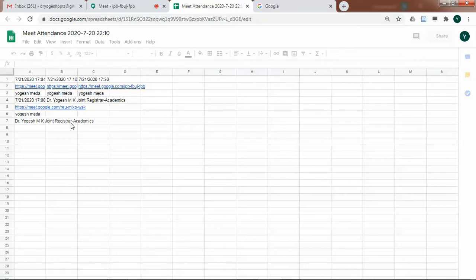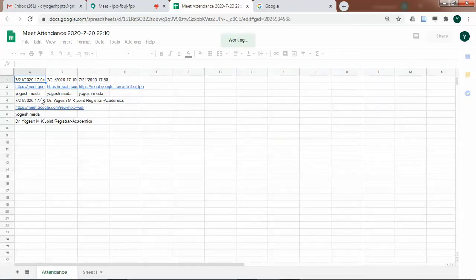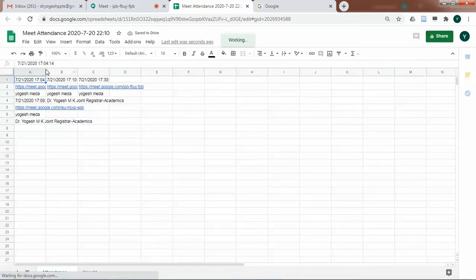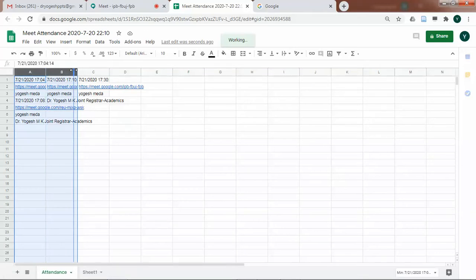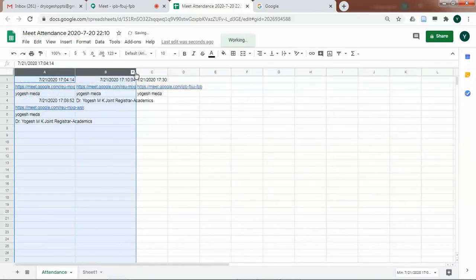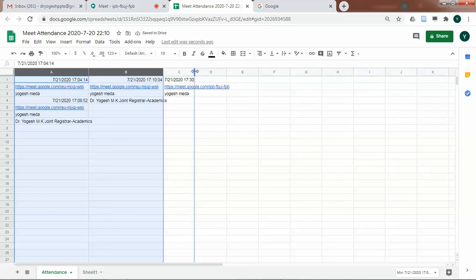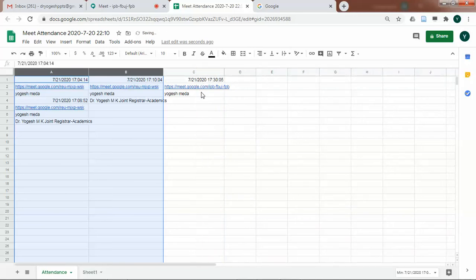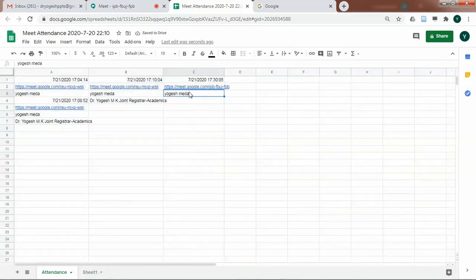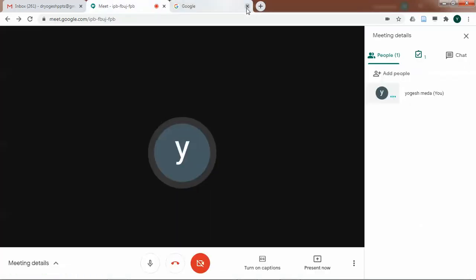See here, it is showing me that at this particular point of time, it is showing my previous meets also, and you can see your date and time, and it will give the list of who all are present. So this is my present meeting, and it is showing only I am there. Before that, it is showing my other accounts were also there. Like that it will show a list with the date and time. This is another way of doing attendance.